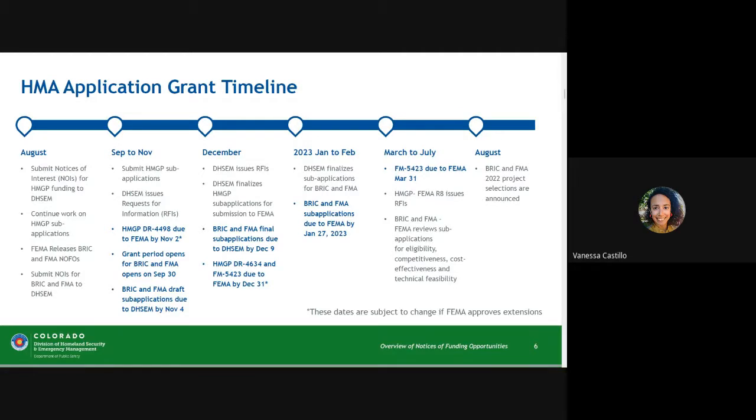So this timeline is a general timeline that includes all three dates for all three programs. I won't spend too much time. I'm not going to go through each of these since we'll get into important dates for each program as we move through the webinar. For now, key things I want to highlight are that in September, so we're into September,